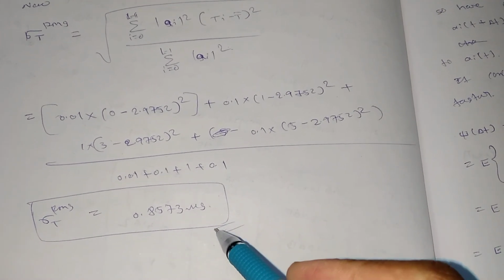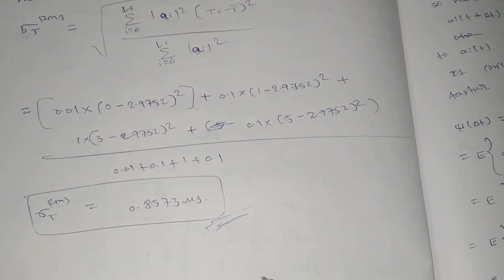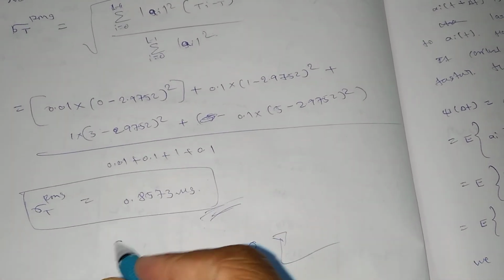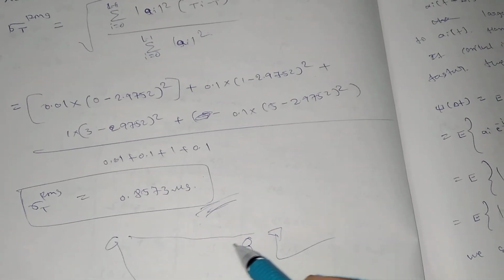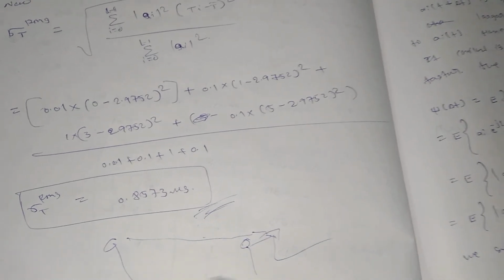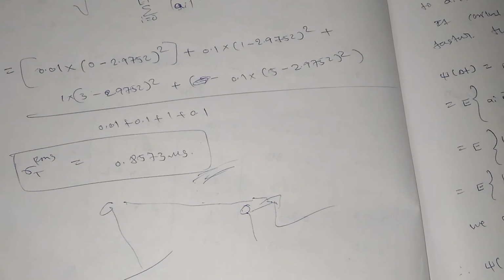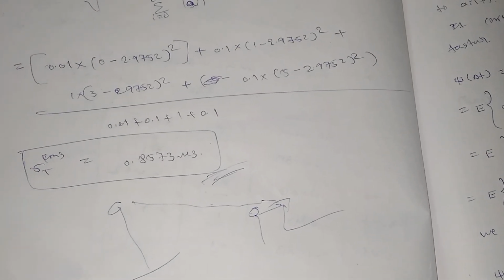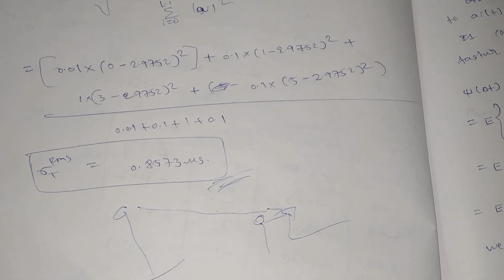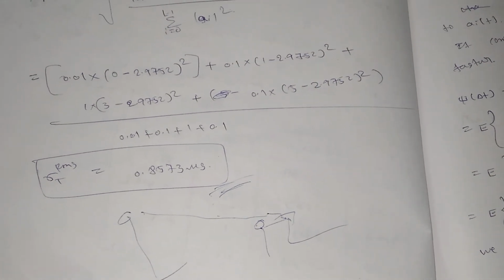So this is the delay spread. It is the delay between the first signal received at the antenna and the last signal received, so there is a time gap. This is the time gap between the last signal and the first signal received from the multipath components. This is how you can find the delay spread in case of multiple components. Thank you guys, thanks for watching, see you in the next one.